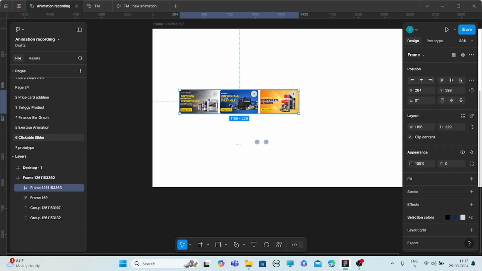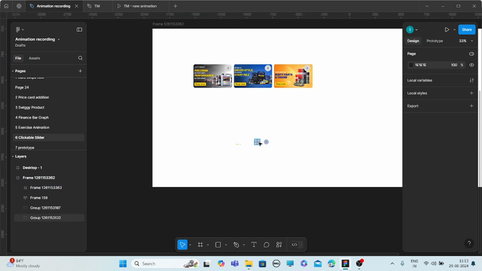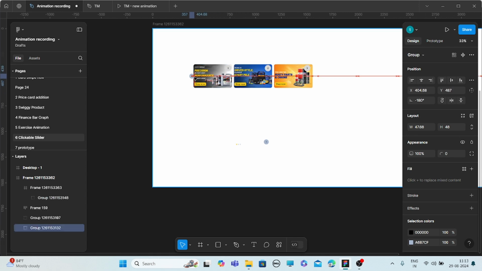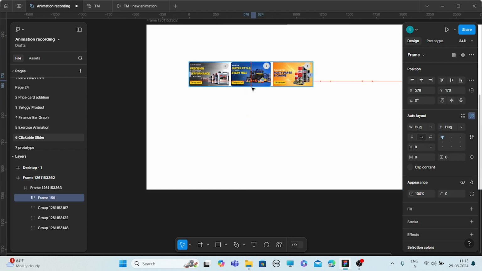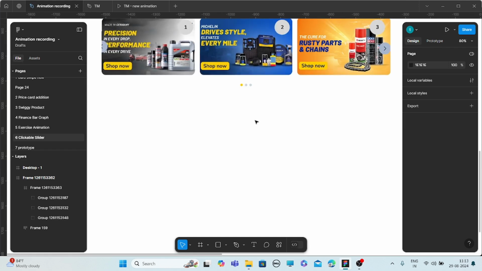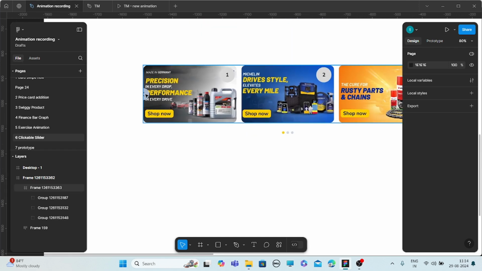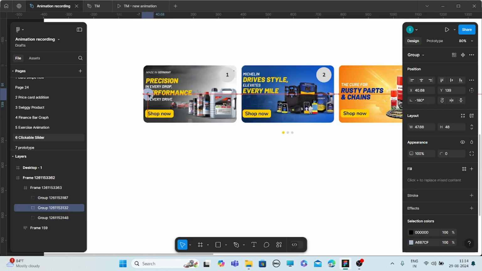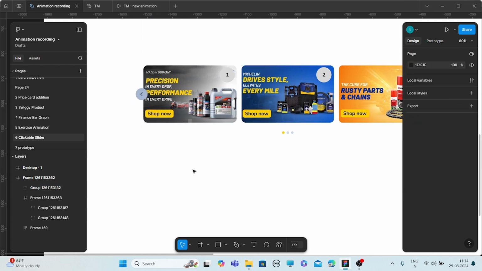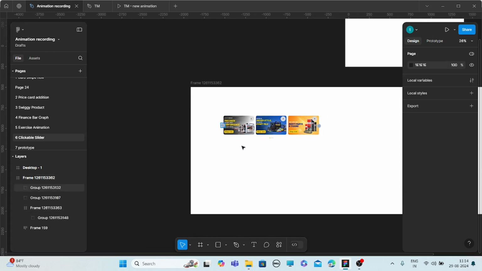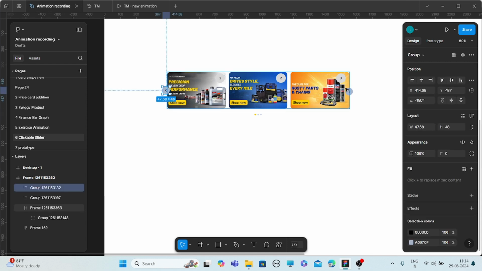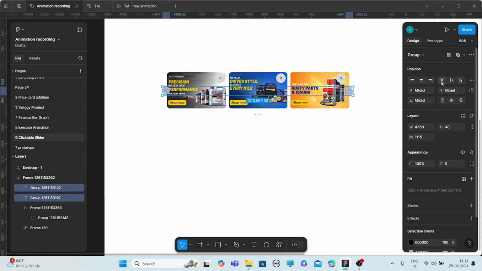After clipping, paste this arrows here like this. Take this both the arrows in a line.